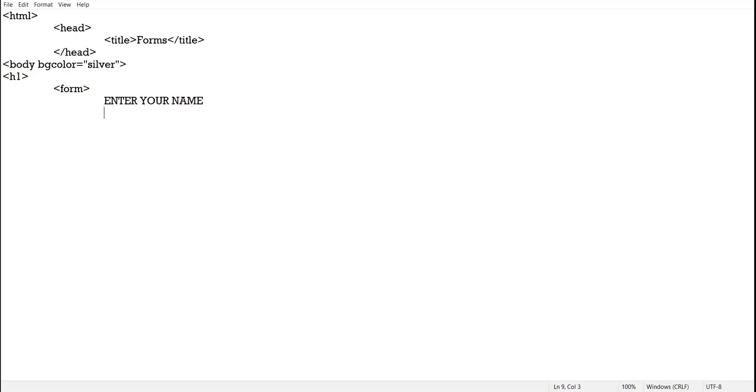How to create text box? I give the title also here. Text box.